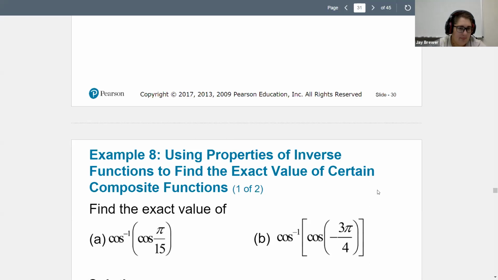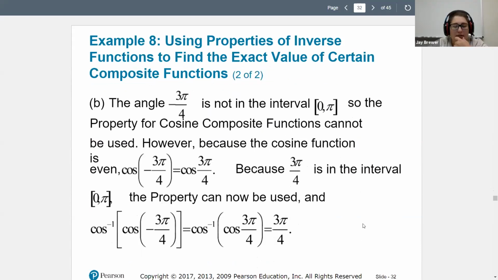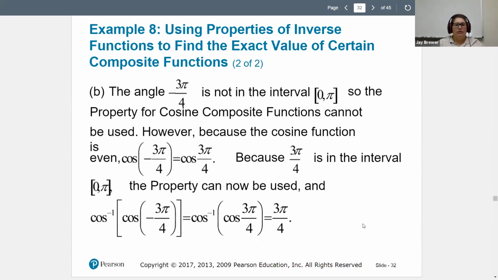I know for A it would be pi over 15. Mm-hmm. Yep. A falls within, so pi over 15 falls within the range, so that is allowed. What about -3 pi over 4? Does it fall within the range? Does it fall between 0 and pi? It's negative. Okay. So because it's not in the interval of 0 to pi,